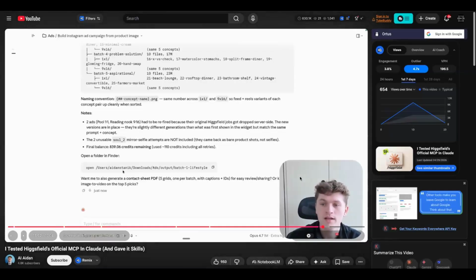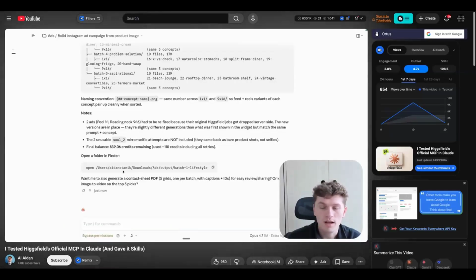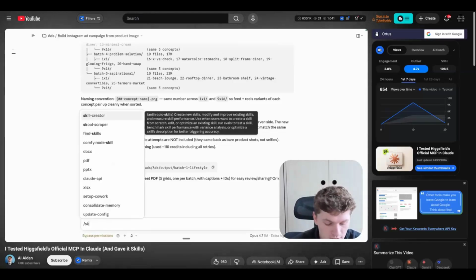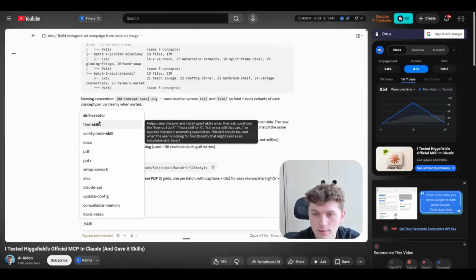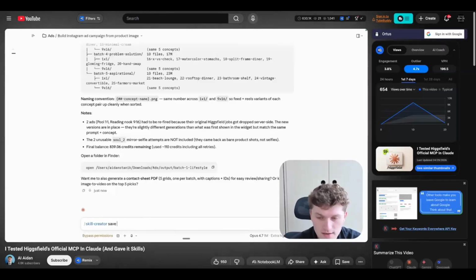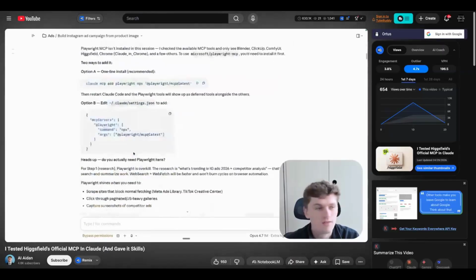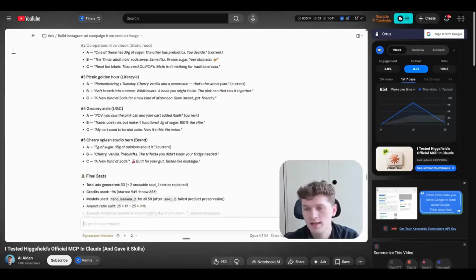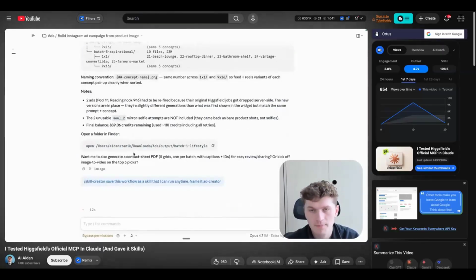Perfectly. We can always update it. We can always iterate it in the future, but I like the output that I gave now. Let's save this as a skill. So in Claude, you type in /skill-creator, this first one right up here, and then we're going to say, save this workflow as a skill that I can run anytime. Name it ad creator. So that's going to save everything that we have chatted with Claude in this session already. It's going to save that. And whenever we call /ad creator, we then have this workflow work for us autonomously without prompting throughout the entire